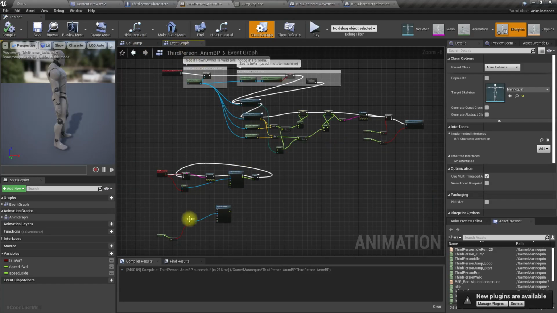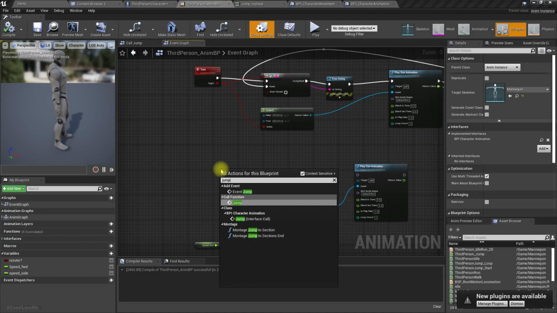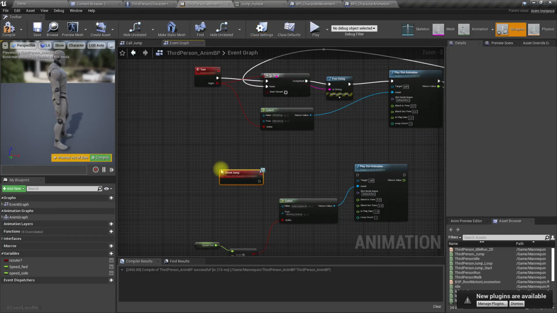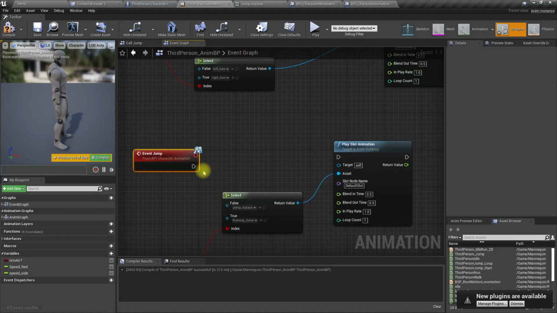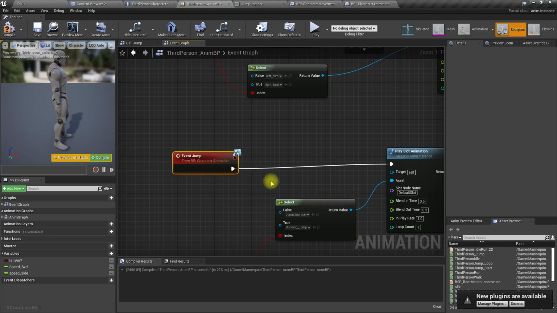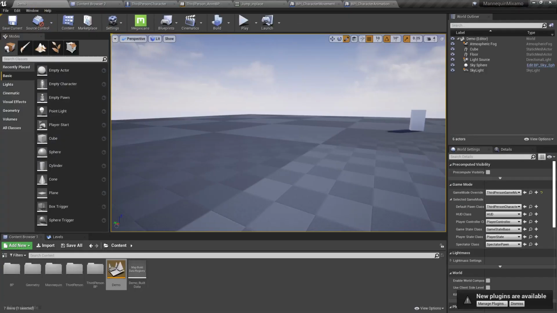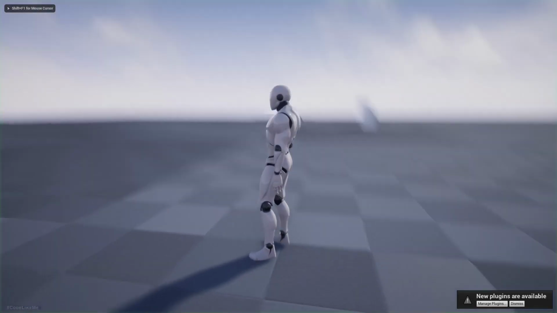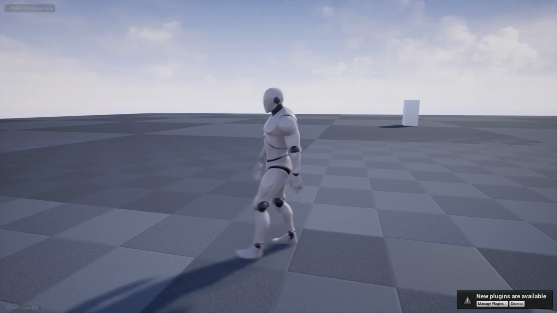Okay, and now let's implement the jump event that I have defined in BPI character animation, like this. Right, now let's see what happens. Alright,